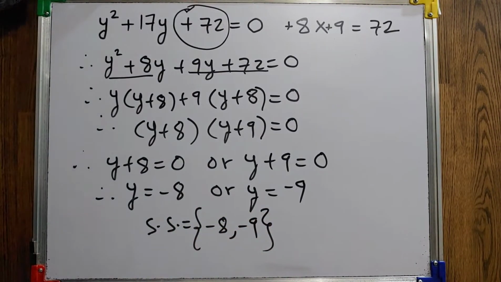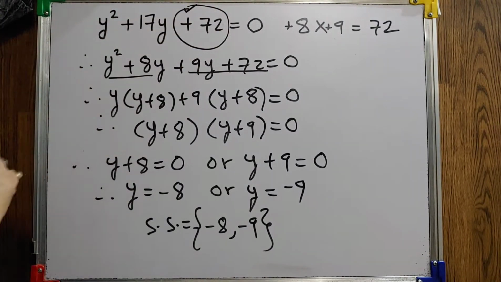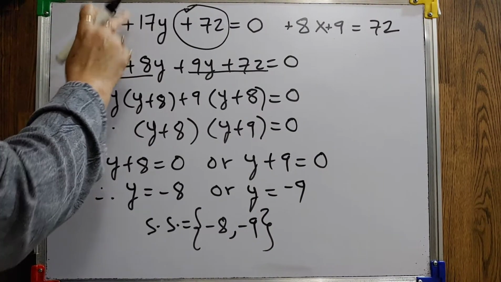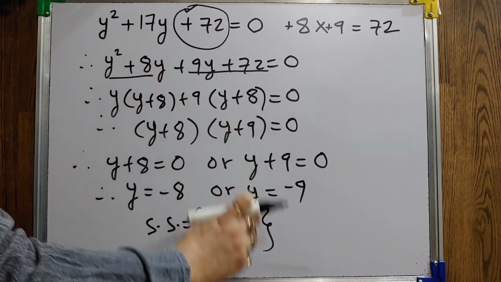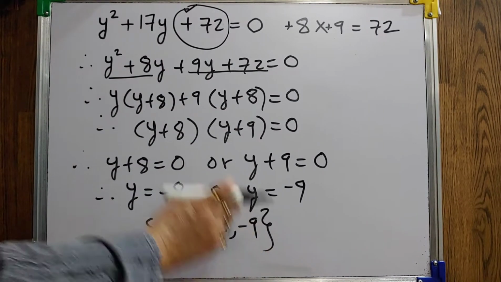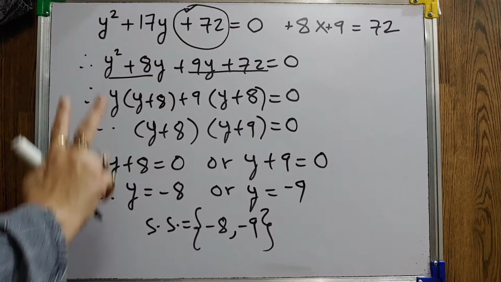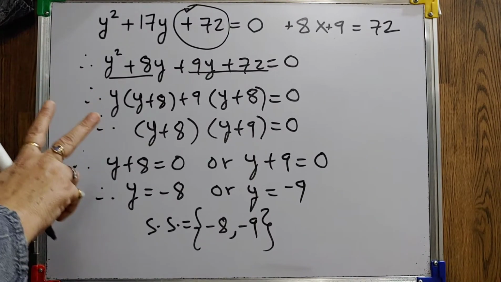Now in the previous sum I solved, there also we dealt with addition. Here also addition. But in the previous sum, this sign was negative, so both the values I was getting positive. Here it is positive, so both the values I am getting negative. So when you go with the addition, always you are getting two values of same sign. Okay, this thing you have to keep in mind.